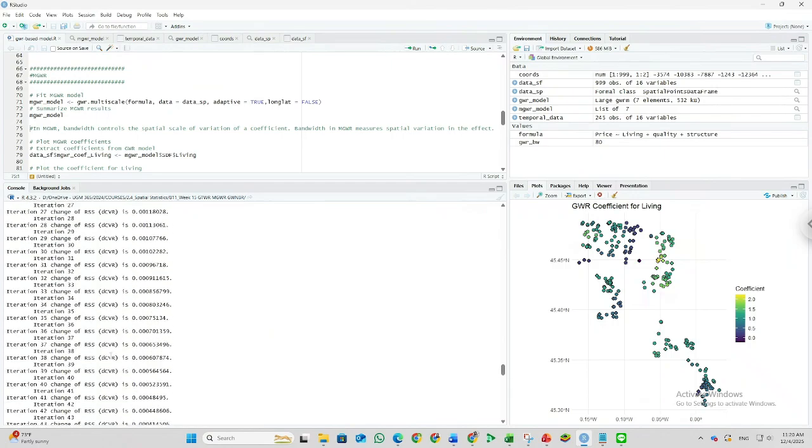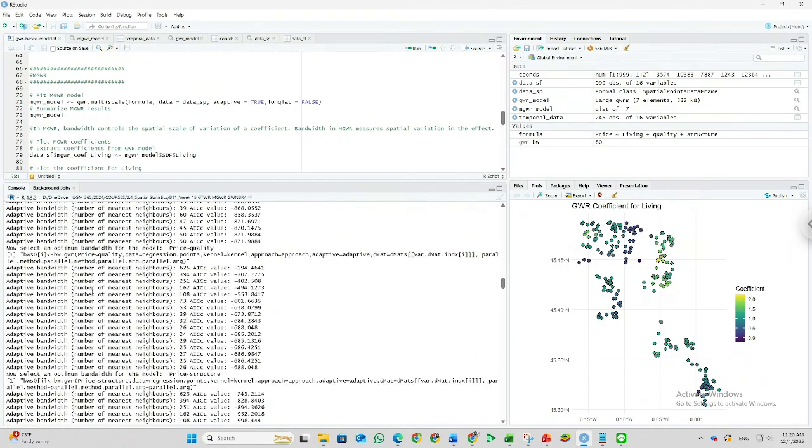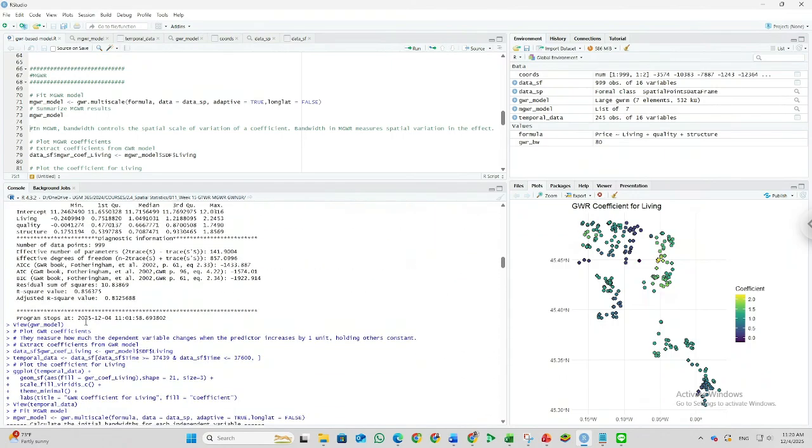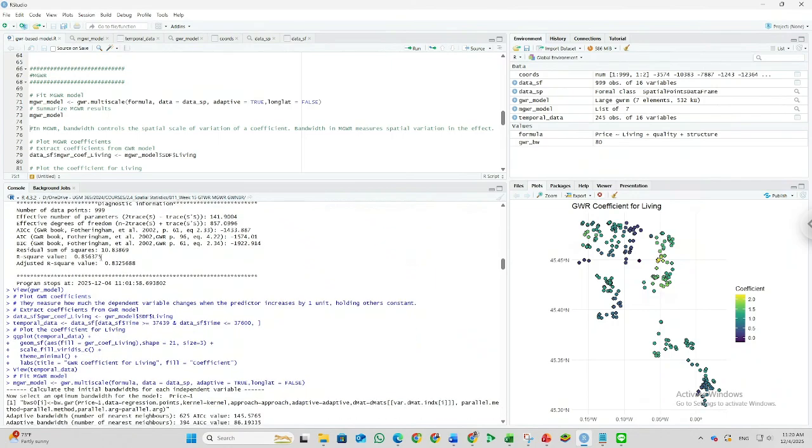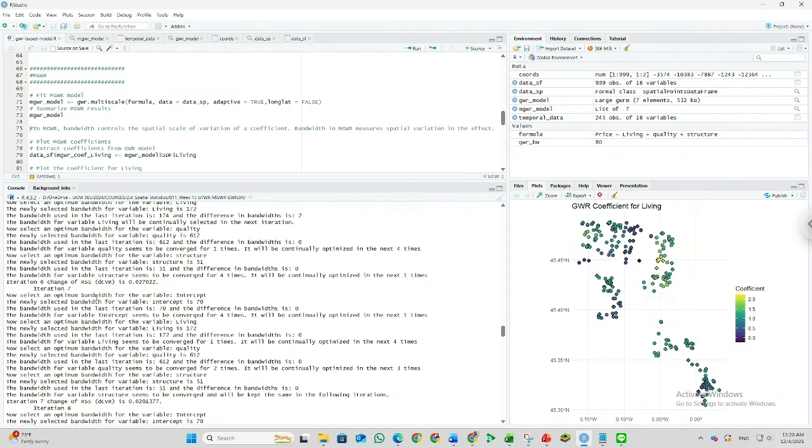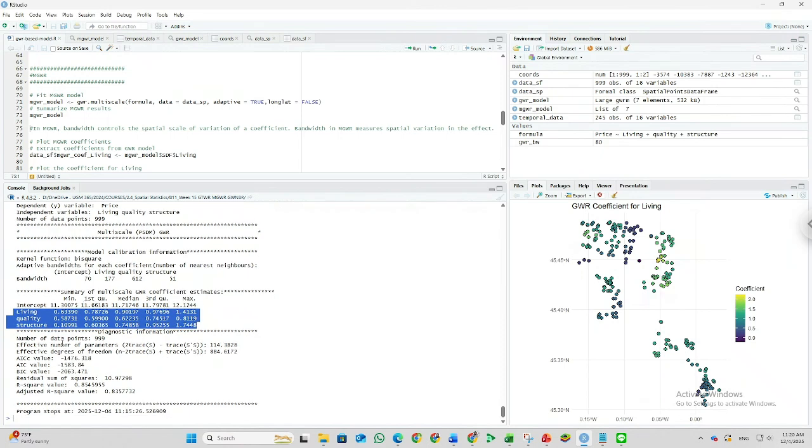And for the R squared, in the GWR we have around 85, and in the MGWR we also have 85. So the R squared is similar to the GWR, but the coefficient is different, because living in here is positive, similar to the global regression.